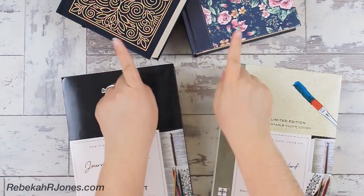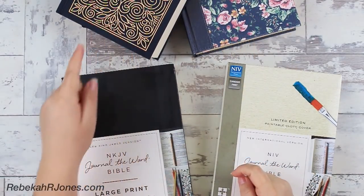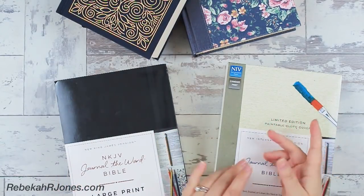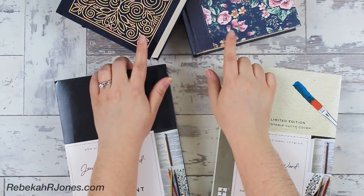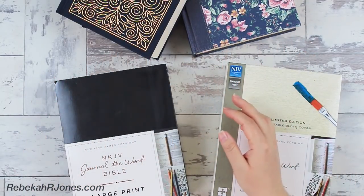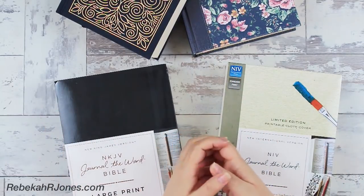Okay, so we've got a couple of Bibles here, King James and New King James. This is also New King James, and this is NIV. Now, the comfort print Bibles, they only come in the King James and New King James right now. That may change in the future, and you'll always find whatever is latest with this collection all together